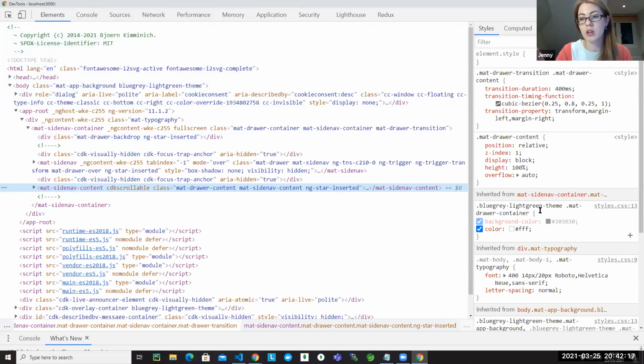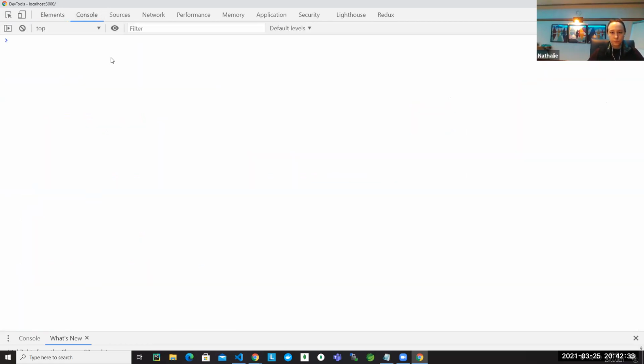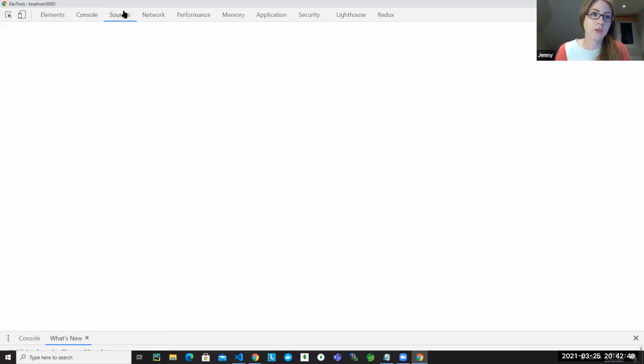This is where you have the page HTML and the CSS going on here. You can edit stuff in here, and that edits it locally, and you can see what it does on the front end. So if I'm doing any front end development and I want to know what I want to do with my CSS, I will often play with it in here to check that it doesn't look ugly before I put it in the actual code. The CSS is horrible. This is the console tab, and this will have any logged messages in there, and you can also run JavaScript. So I could write some JavaScript in here and it would run it there. Then we have sources,